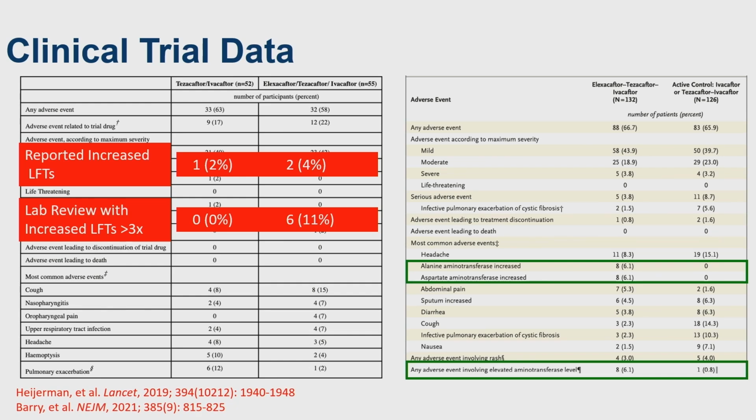But I think there's these magical numbers of 3 times the upper level of normal and 5 times the upper level of normal. And that's because if you look at the warnings from Vertex, if you have 3 times the upper level of normal, that's when you first want to start thinking about whether you need to stop the dose or modify it if the bilirubin's also up. And then the hard cutoff is that 5 times the upper level of normal is where the advice is right now to stop the ETI. I'm still thinking about the last talk.